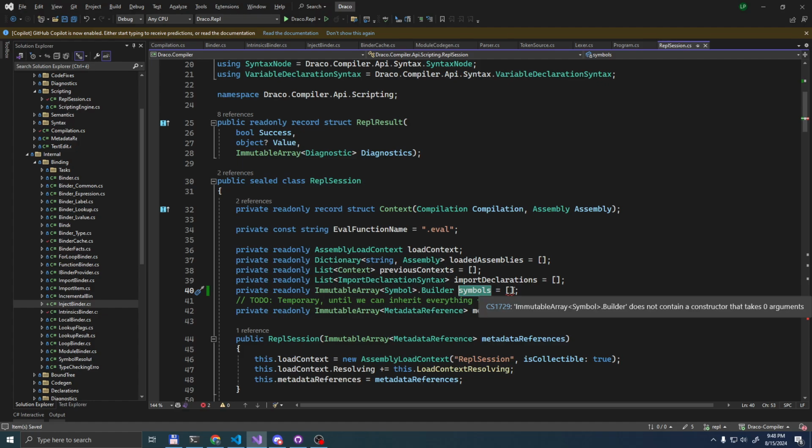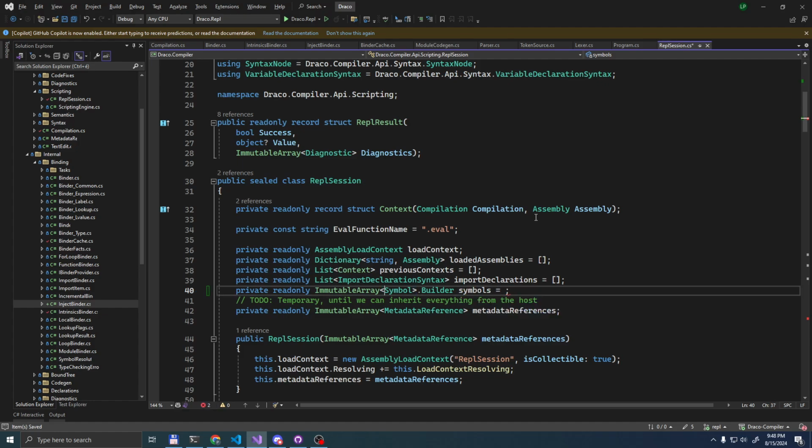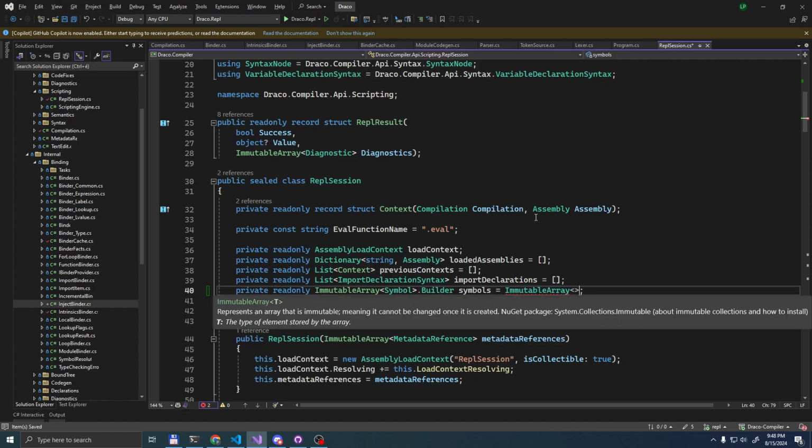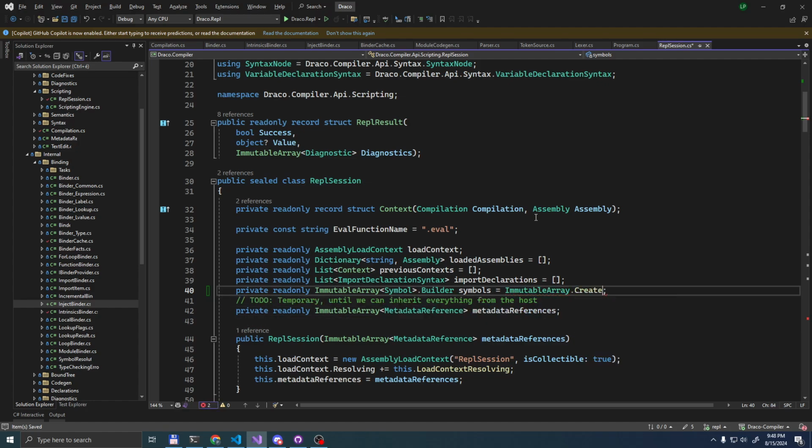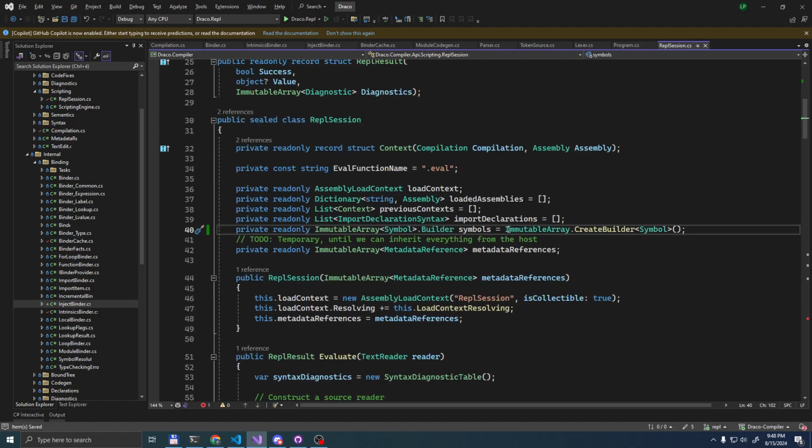Oh, builder doesn't have a constructor. That's actually really bad. Oh yeah, because we need a create builder. BCL, please fix this. I want to be able to just initialize it like a regular collection, please.